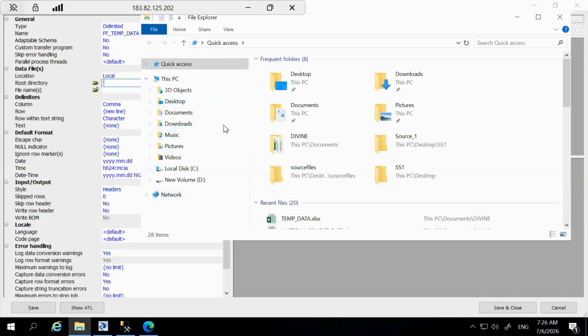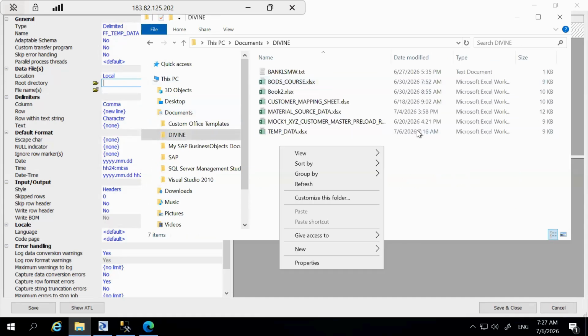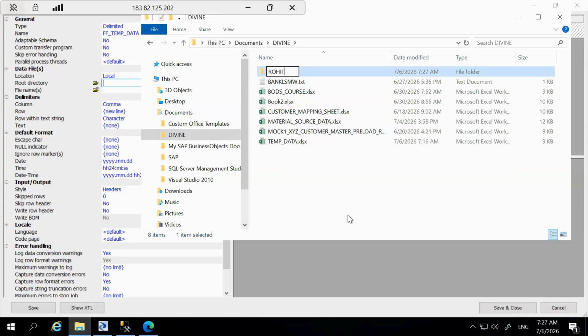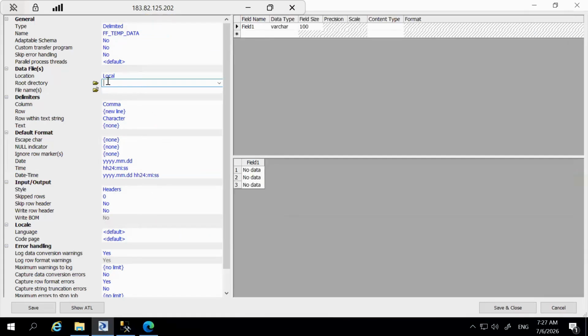Let's create a folder. Let me create a new folder in your name, Rohit. Let's copy this path. We'll put this path as our target directory. The file name, let's keep